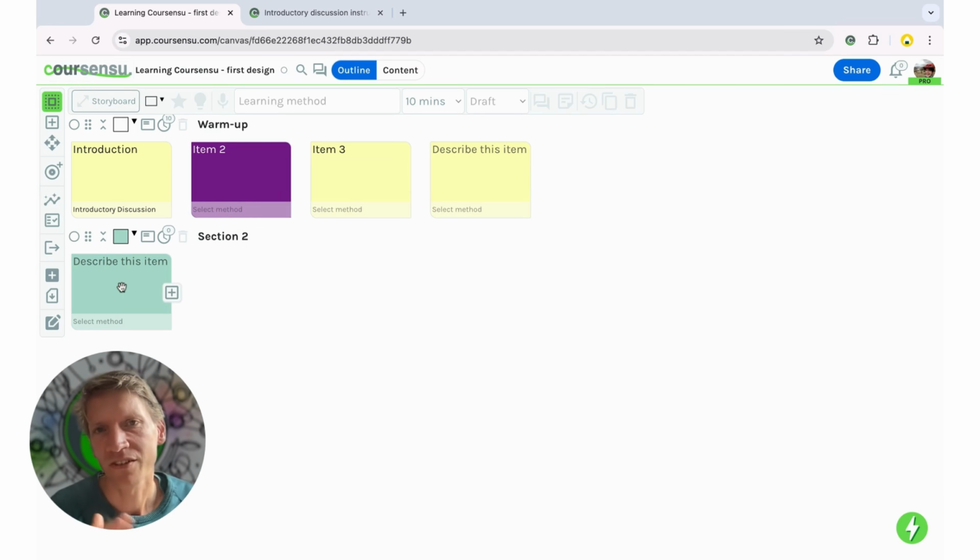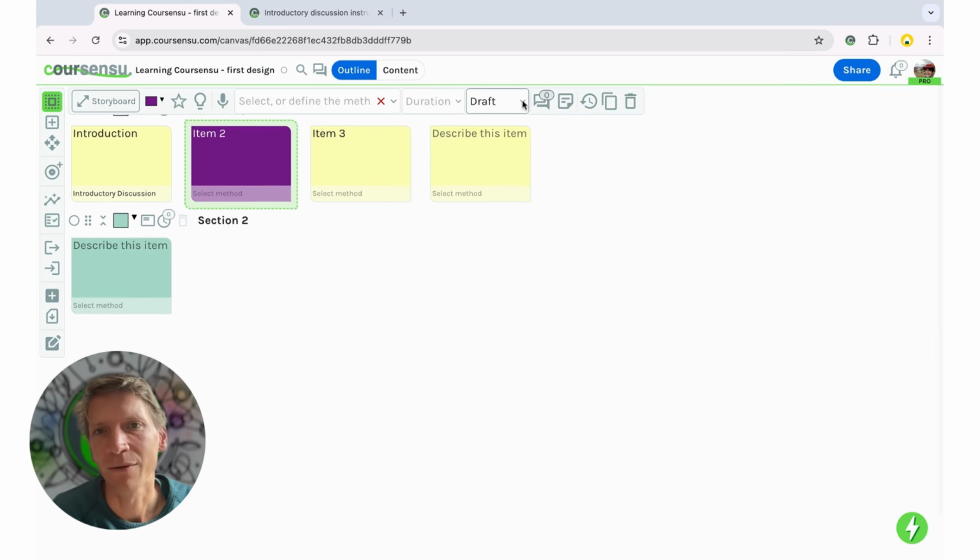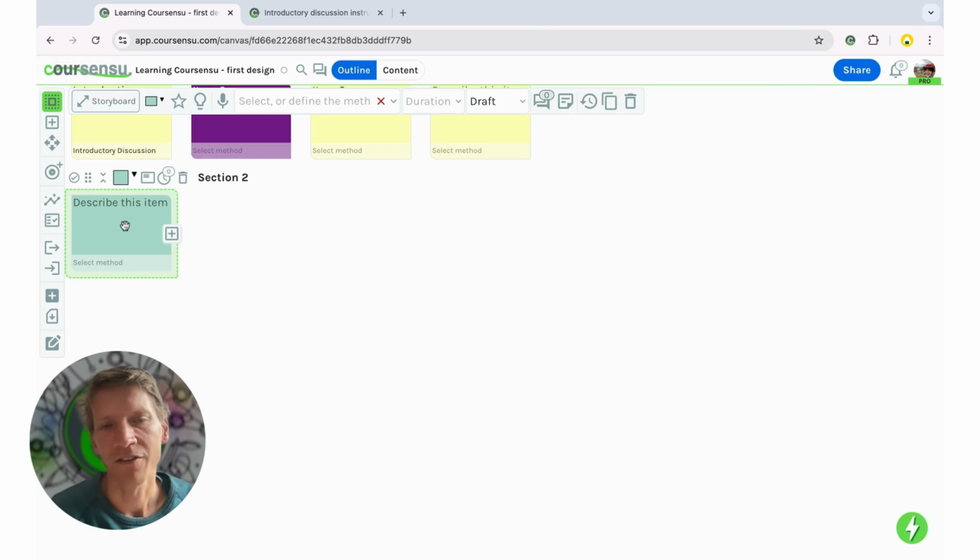And we can add more sections and more items to fill out this learning design and really create a compelling learning experience. And lastly, we can use the pedagogic toolbar to define exactly what happens at each stage, and we can use color to quickly identify the things we're looking for. That's it to get started. That's enough to create a very high-level learning design in Coursensu, and there'll be other videos to talk about how